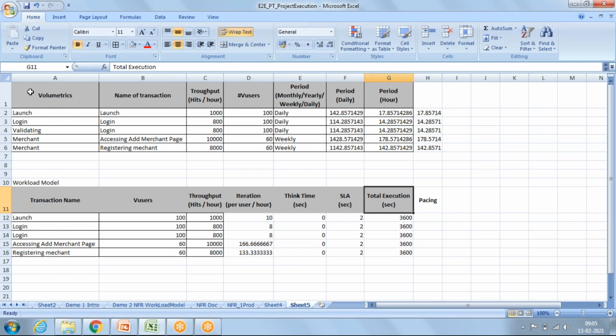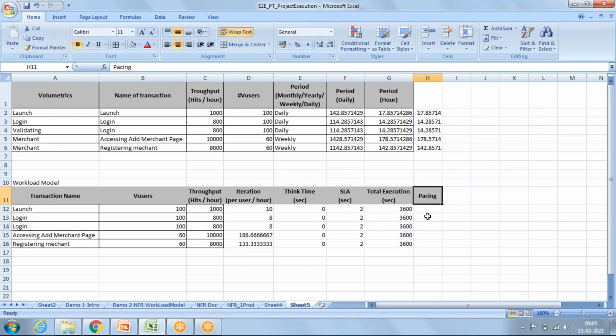To calculate the pacing, we first need to understand that our execution is going to happen for 3600 seconds, and we have a total think time of 0 seconds, and a total number of iterations of 10.